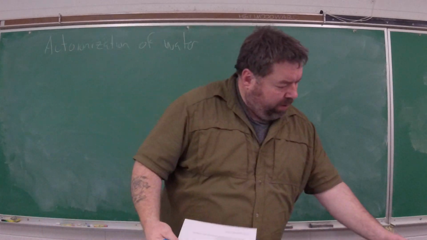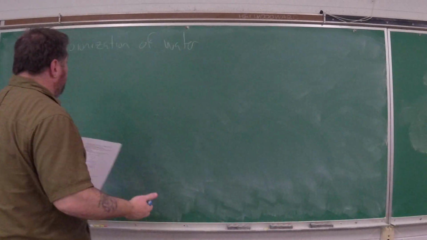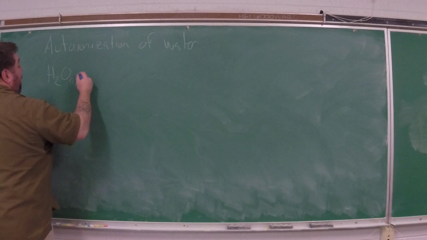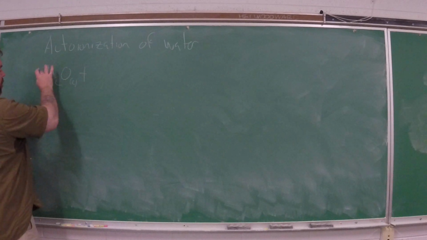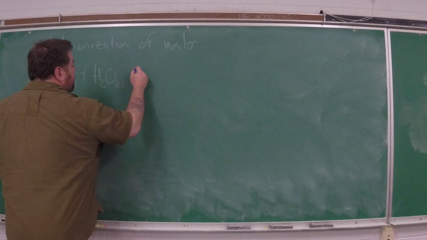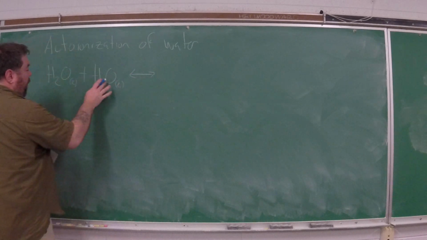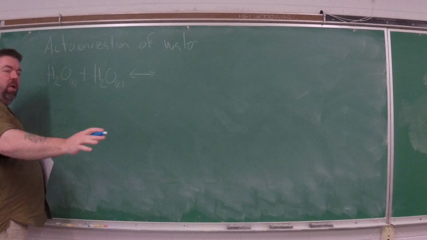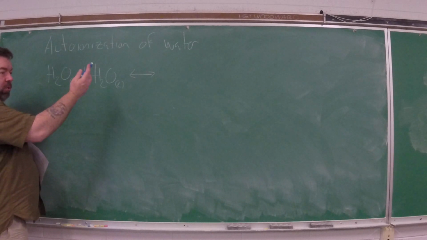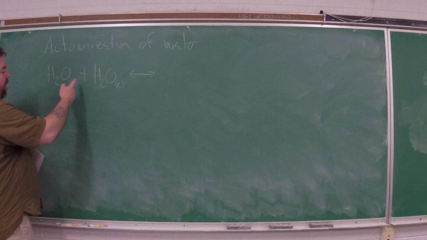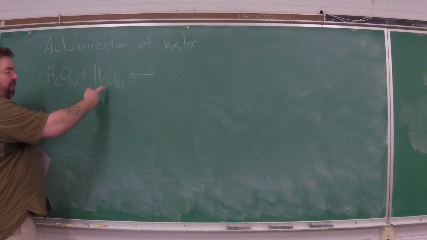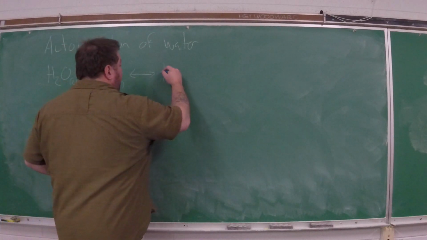All right, let's see here. So basically, I'm just writing it this way. You could put 2H2O, but I'm just writing it out like this. We have pure H2O, so we have distilled H2O. That's what pure H2O is, distilled water. There's nothing else in it. What's going to happen is one H2O molecule is going to act as an acid, the other one will act as a base. And we're going to end up with